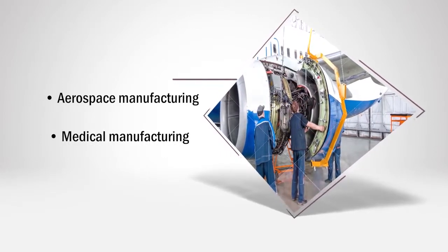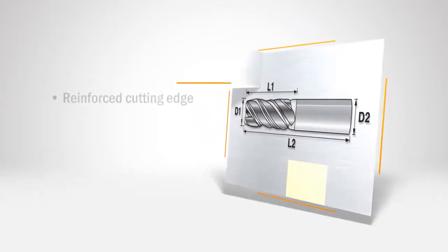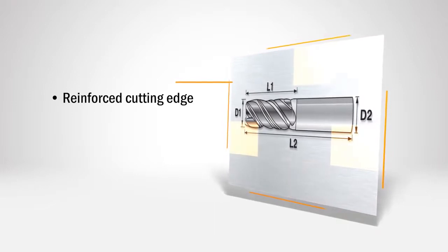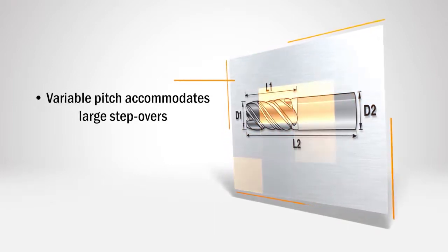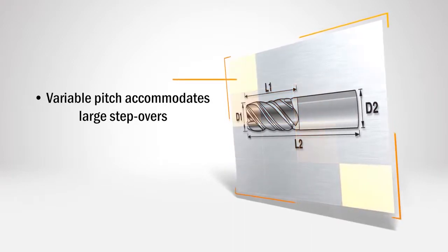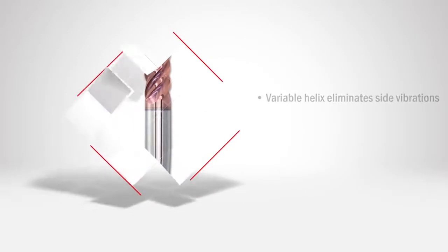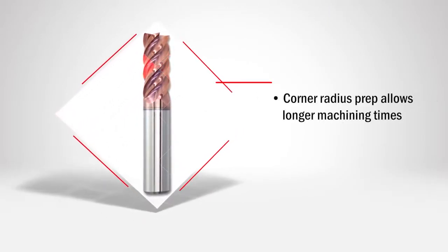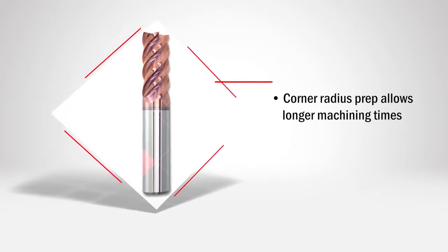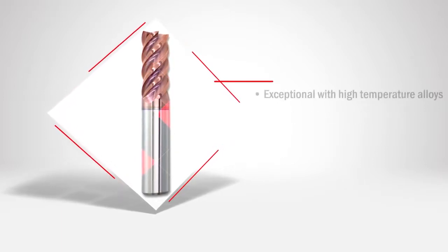MILLSTAR's EIV5 optimizes your machining operation with an impressive range of features, including a reinforced cutting edge to allow increased chip load without risk of edge failure, variable pitch to accommodate large stepovers with no bottom vibration, variable helix to eliminate side vibrations while achieving greater depth of cut, corner radius preparation for longer machining times without radius failure,